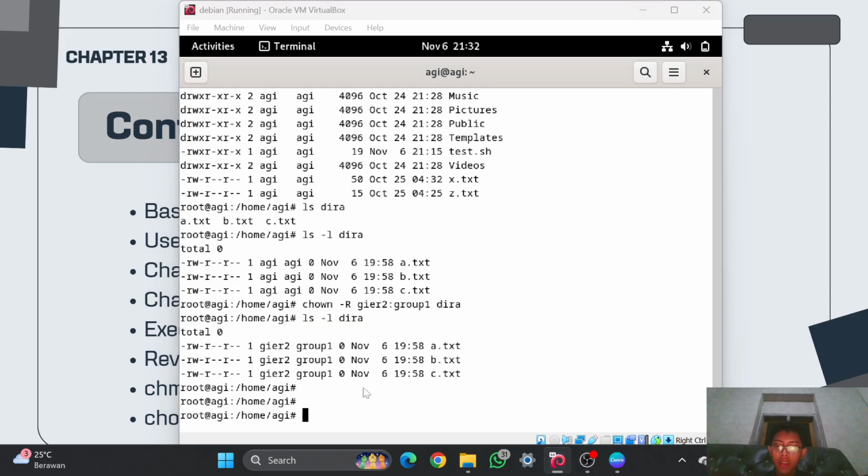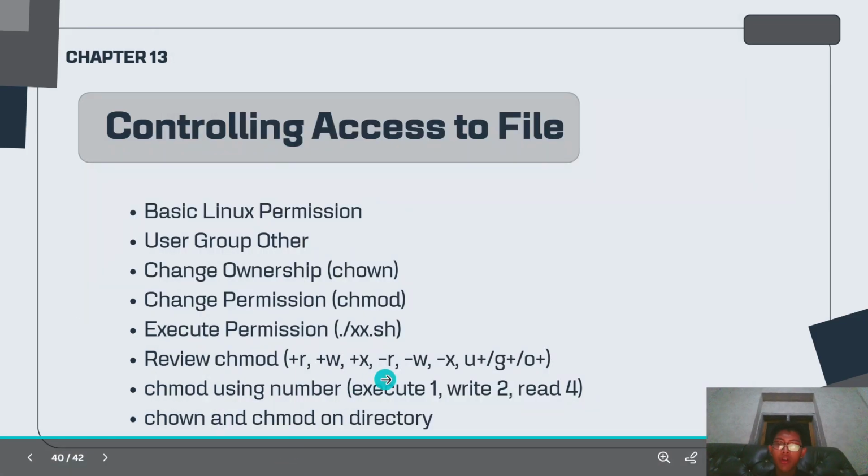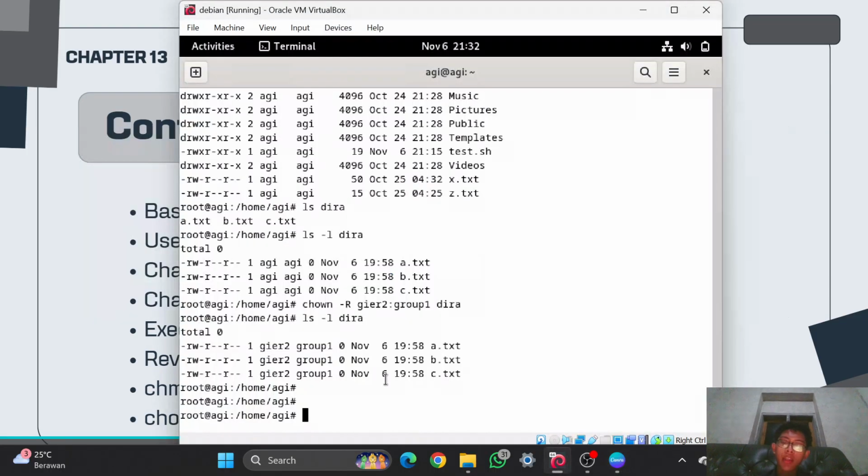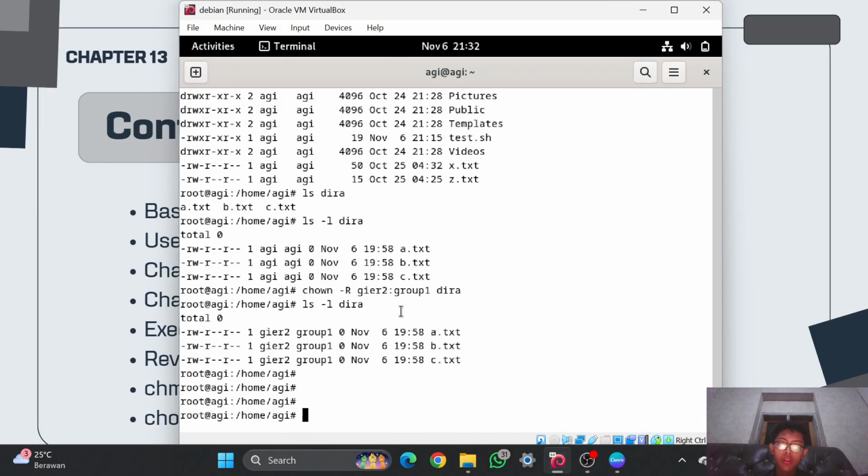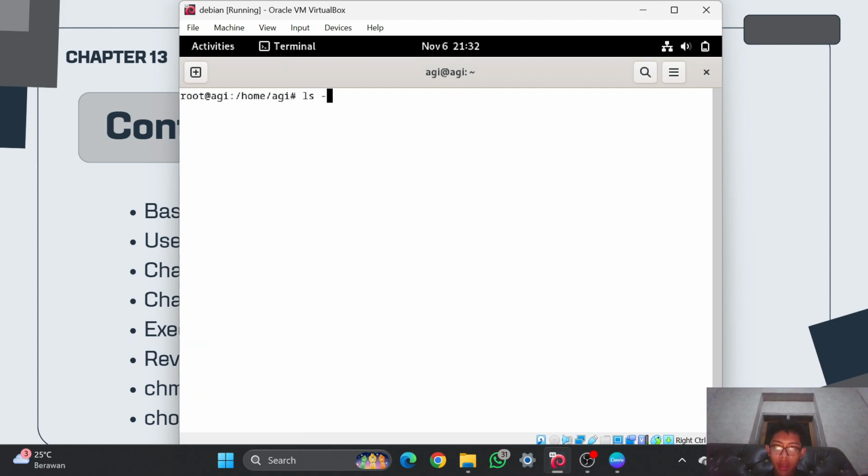And for the next one, it is chmod on the directory. It is almost the same as what I practiced earlier. So here you can use chmod, and it is still the same as before. I will clear it first and then ls -l.